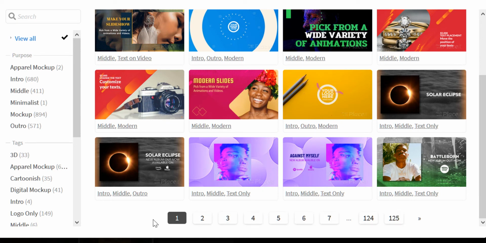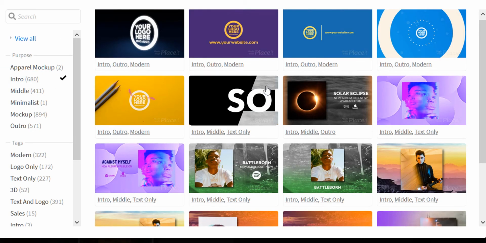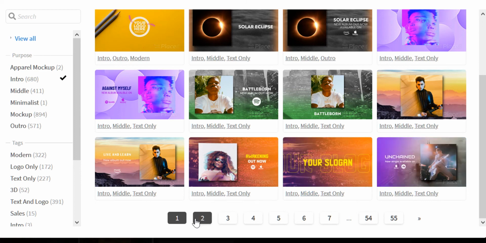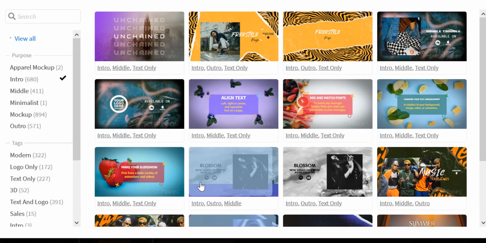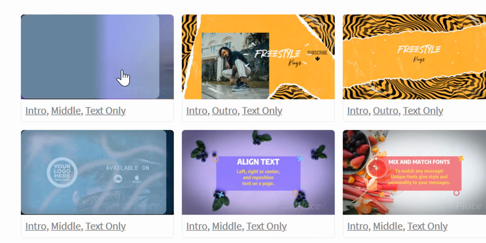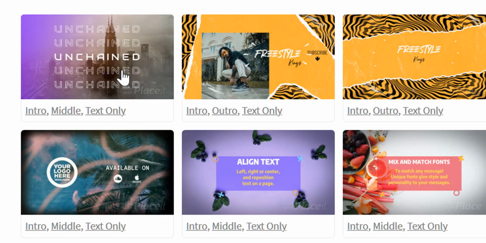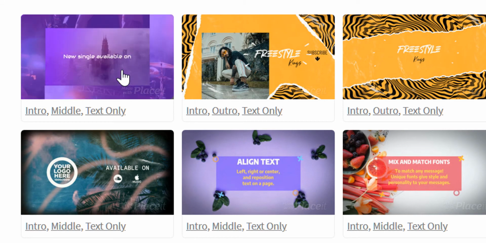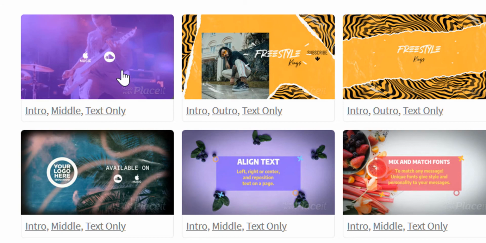So I'm going to scroll through here. There are pages of them. As you can see, there's 125 pages of slides. So you can just take it down and you can select any of these purposes or tags to narrow it down. I'm going to select intro just to see what comes up and see what I like. And the other thing about it is sometimes it's a little bit tricky to figure out what you want to use, if it's going to be